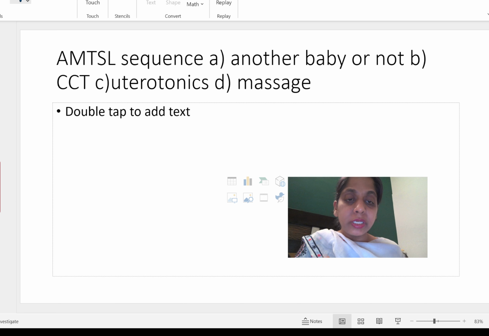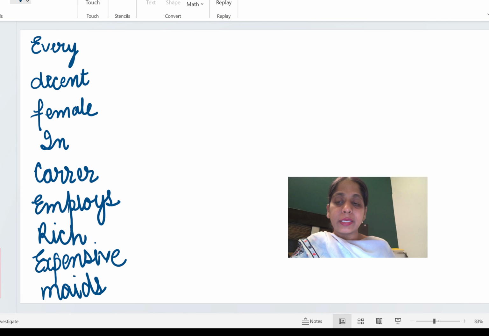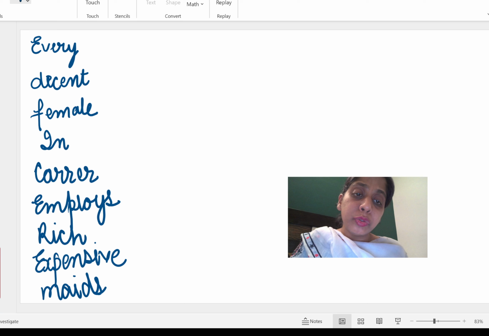The last question is on the mechanism of labor steps. They've asked you to arrange those steps in sequence. That is how I learn. It is best if you do it on a dummy and pelvis, because now